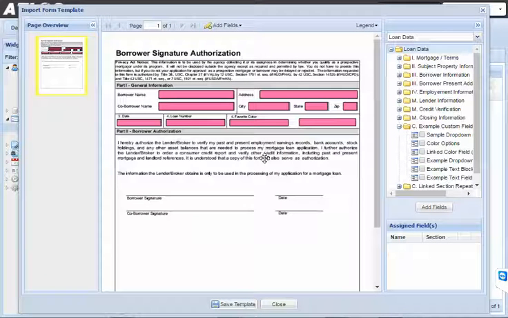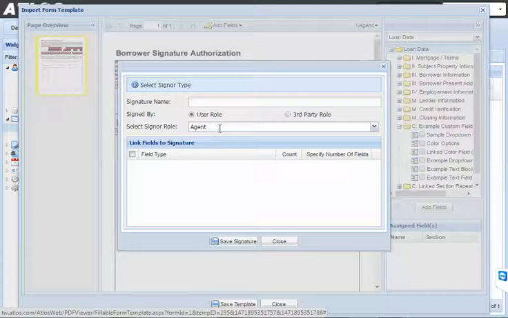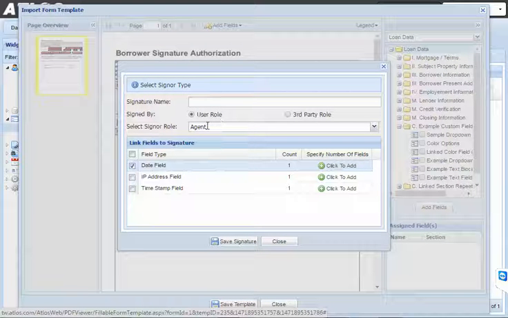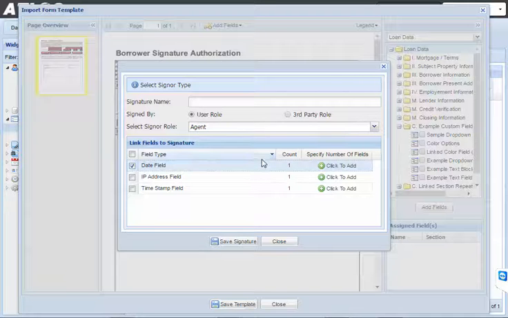And now I want to go in and add a signature field. So we'll go up here and say I want to add a signature field. You can add signature fields for your internal users, your agents, employees, whoever works for your company. You can also add signature fields for third parties like a borrower or an attorney or a client, any kind of third party that you want to sign this form. You can have as many different signers as you want on any one individual form. We'll say test